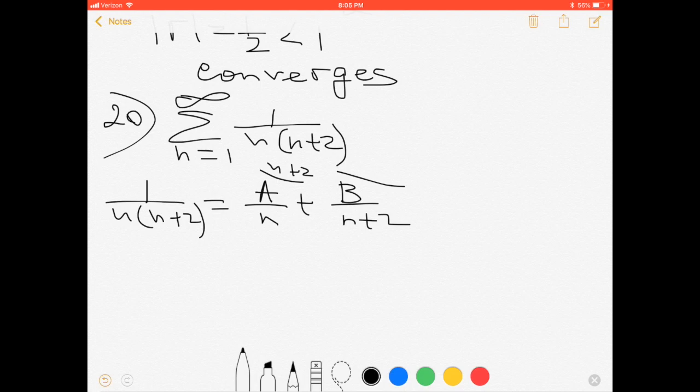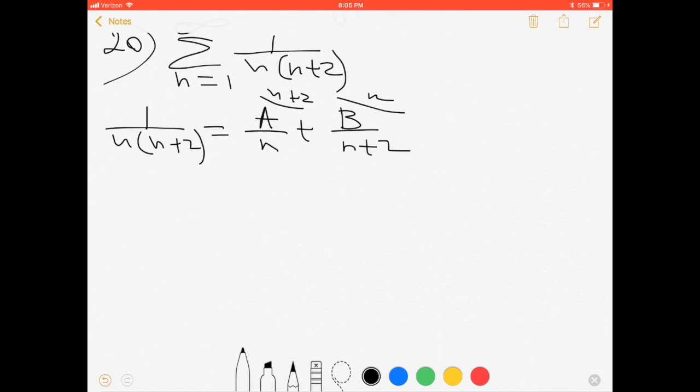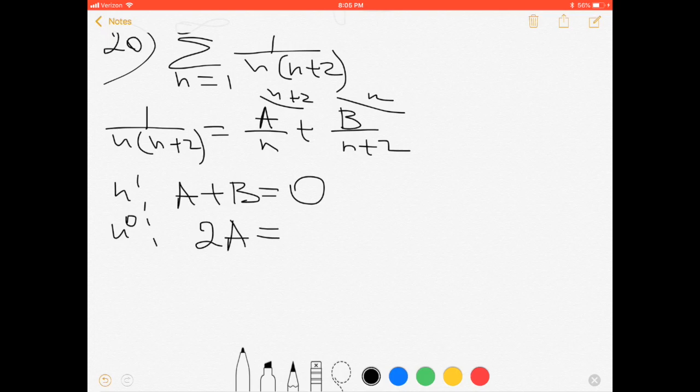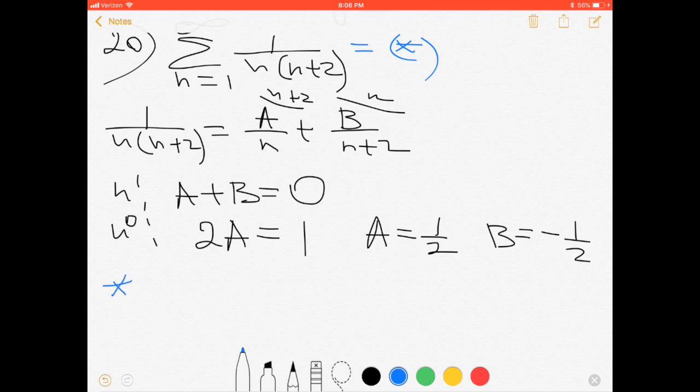Try putting it over the same denominator. Now the coefficient of n will be a plus b. And because we don't have any n in the numerator of our fraction, this is 0. The constant coefficient is only 2a, and 2a equals 1. We have a equals 1/2, b equals negative 1/2. This means my series, I write it like this and move it there, equals